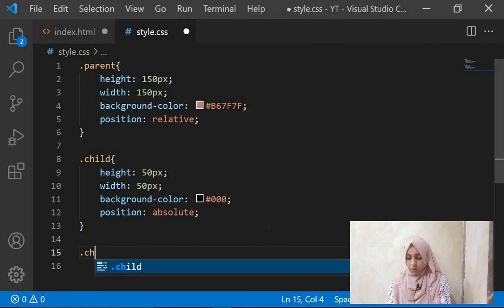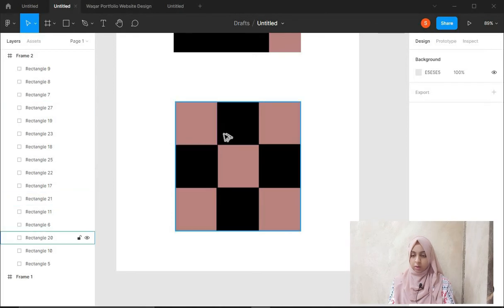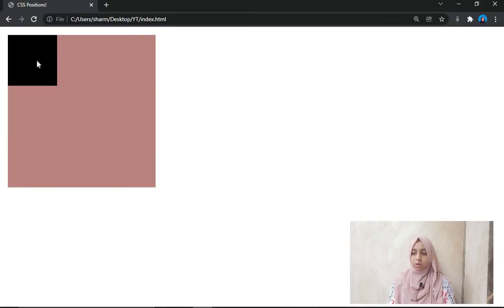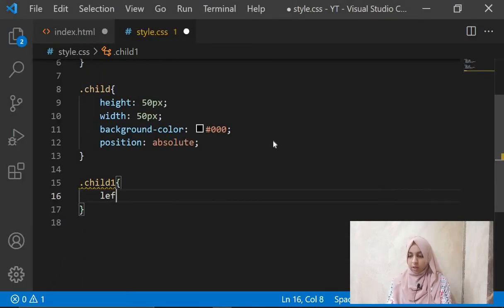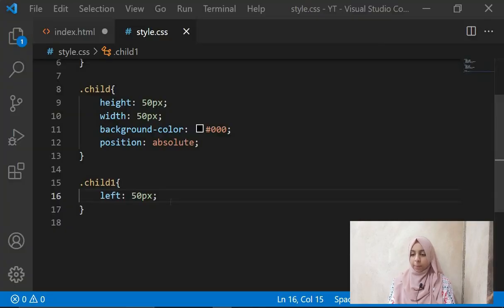Okay, so let's start with child 1. Here we will also have to give position to our first child, because it is not in the left corner, right? So child 1 will be left, for example 50 pixels, and you refresh. You got it there?